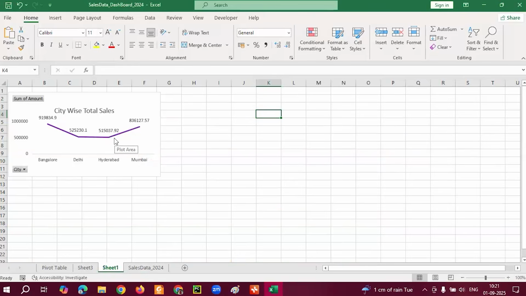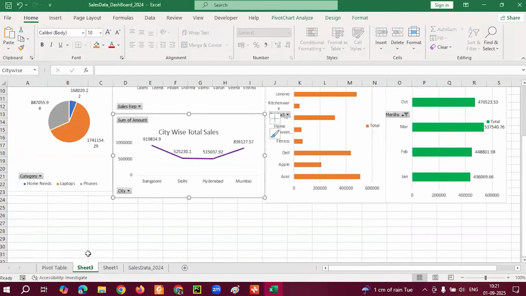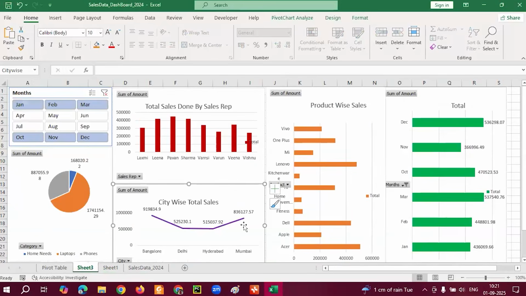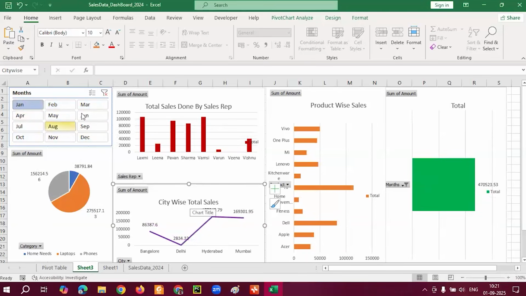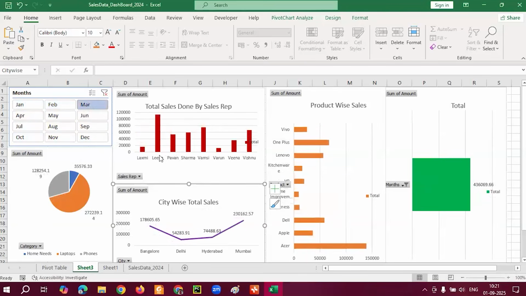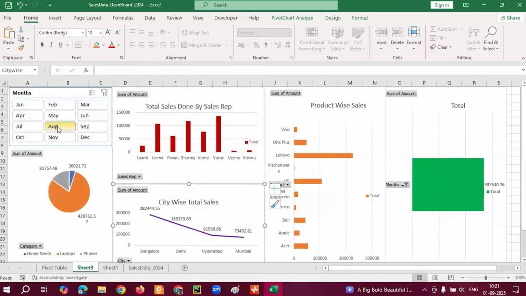If you prepare multiple reports, this is area-wise sales. Now observe, these are multiple reports. Now technically we call it a dashboard. Now what type of dashboard is it? It is called an interactive dashboard. Observe, whenever I select anything, all the remaining ones change automatically. So it is called an interactive dashboard.